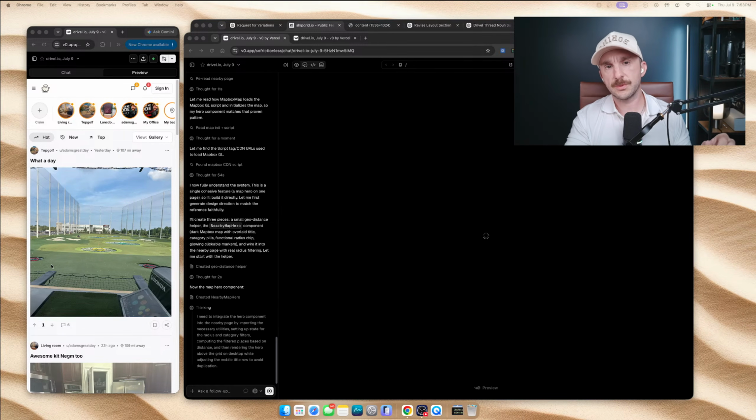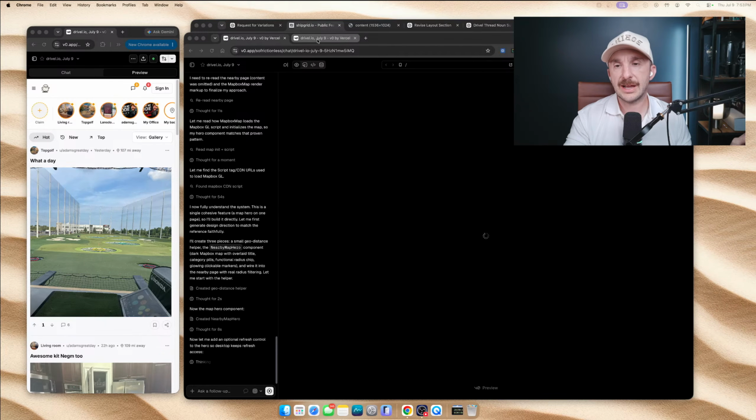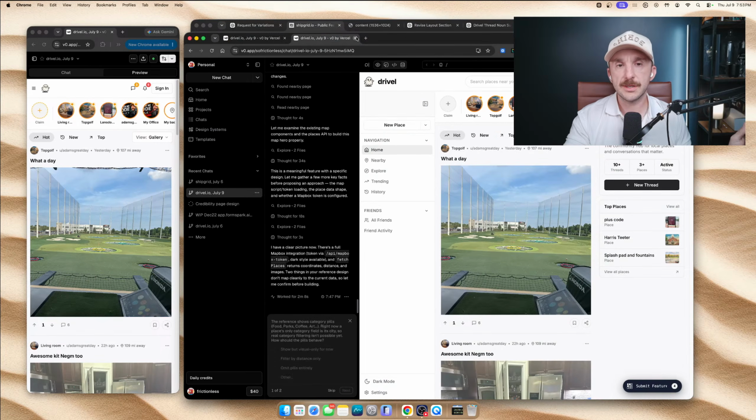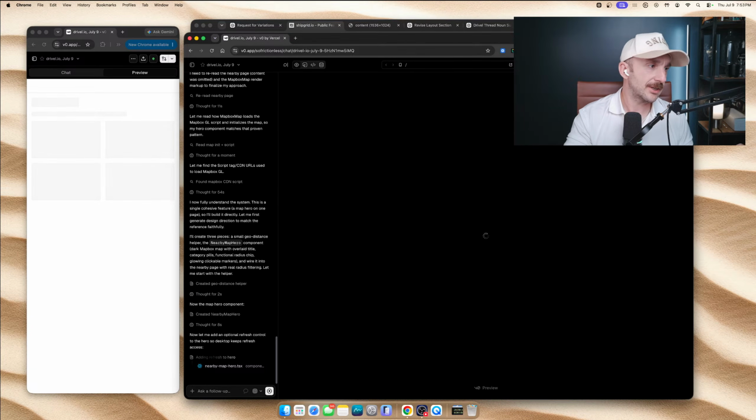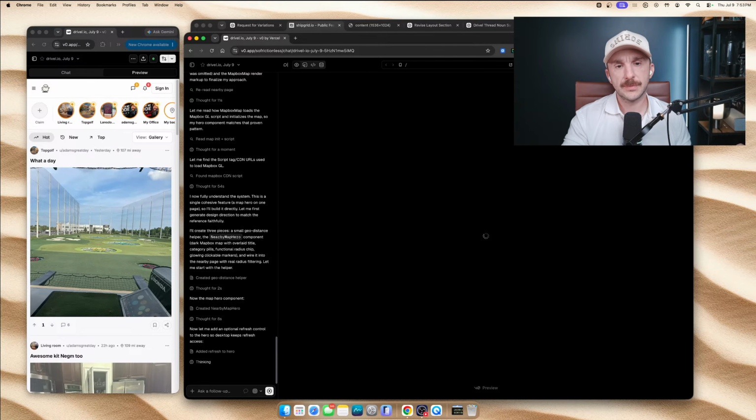Let's take a look. So we got, I didn't show you guys the screen just because I wanted to kind of keep it to myself for a second, but I honestly think the nearby screen is going to be category definingly good. That's how much I like it. That is how much I like it.